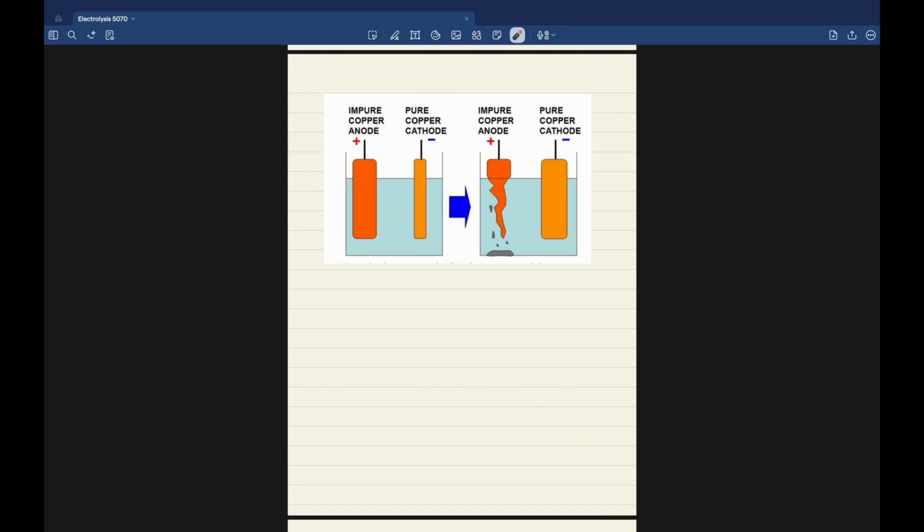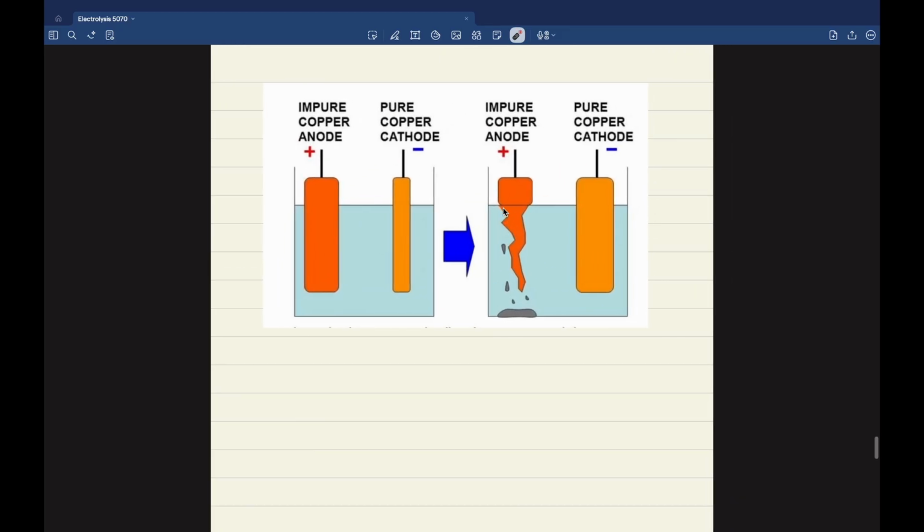So essentially copper उठ के anode से cathode पे आ रहा है, right? You can see here as well कि होता ये कि copper उठ के anode से cathode पे आ रहा है. Why? Because you see इधर copper cathode का size बहुत thin है and इधर it's become way thicker. Right, that shows कि कुछ ना कुछ ऐसी चीज है जो कि एनोड से उठ के कैथोड पे आई, and that is copper. ठीक है,